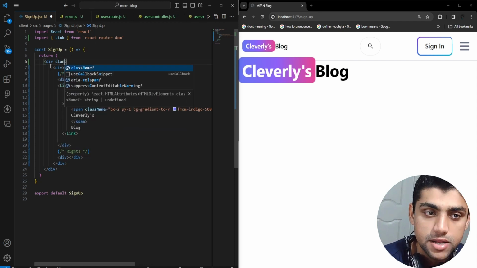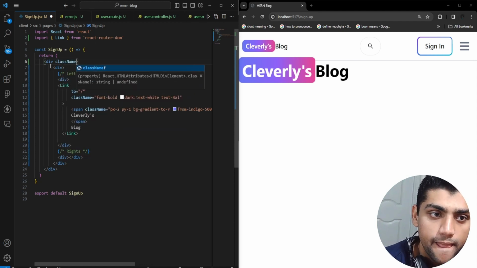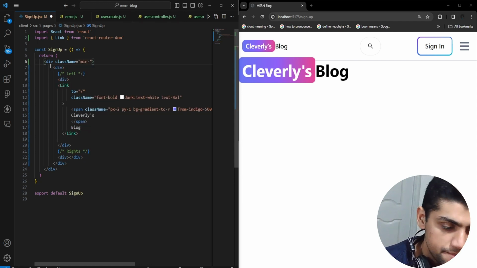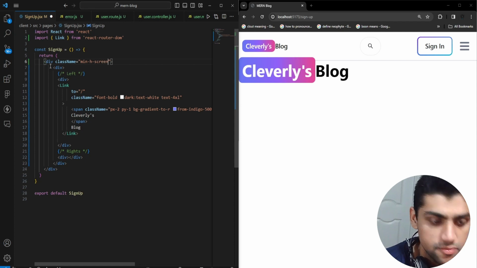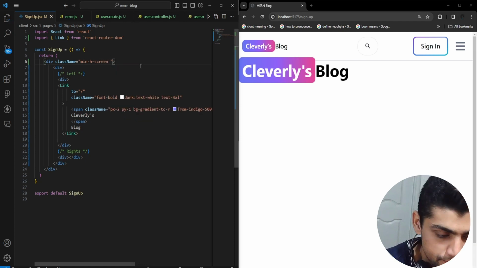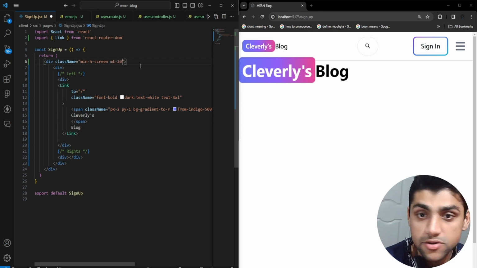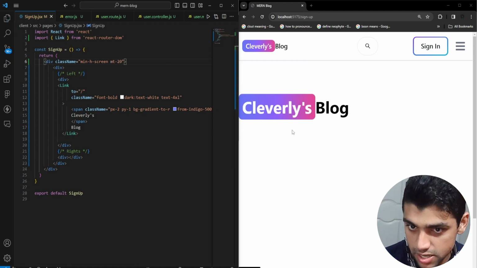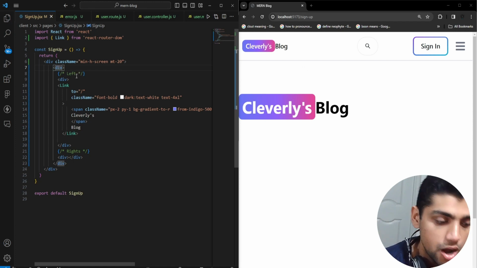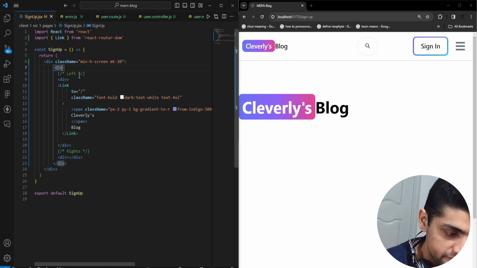And over here, what we're gonna do is basically have a class name and make it a little bigger from the top. So minimum height screen, and we'll have minimum height screen. You can see it a little condensed, but we want a margin top of 20. Now you'll see this will push down because we basically put a margin top. Inside of this, we have a div,